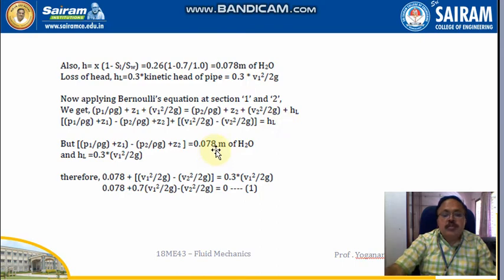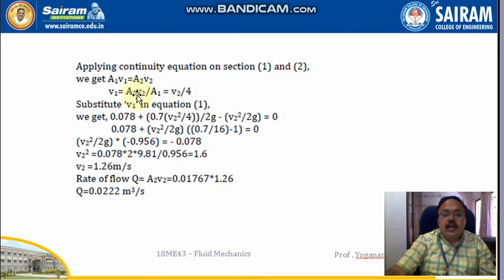But we know the difference of the heads, that is P1 by rho g plus Z1 minus P2 by rho g plus Z2. So that is nothing but my H, that is equal to 0.078 meters of water, and head loss is given as 0.3 V1 square by 2G. Substituting them,